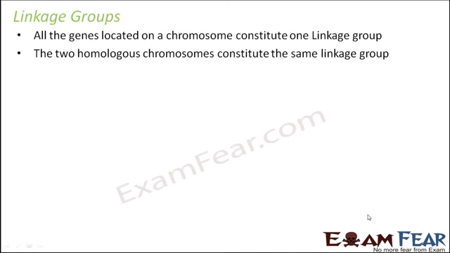The two homologous chromosomes also constitute the same linkage group, because in the homologous chromosomes the same sequence of genes is present. So they all belong to the same linkage group. Now the question is, how do we know how many linkage groups are present in an organism? If both the homologous chromosomes are part of one linkage group, that means the number of pairs of homologous chromosomes present in an organism